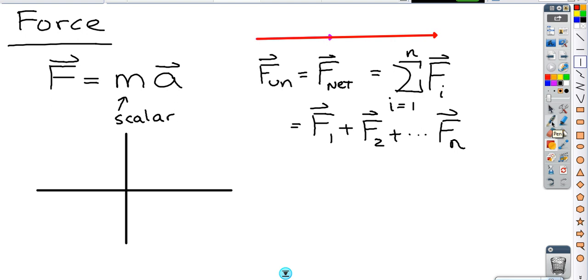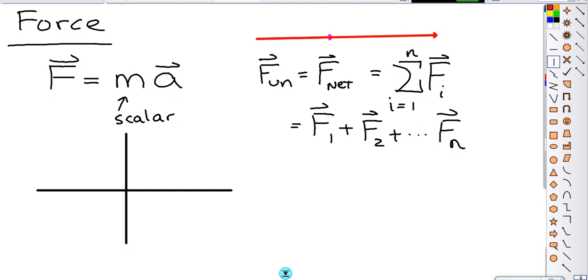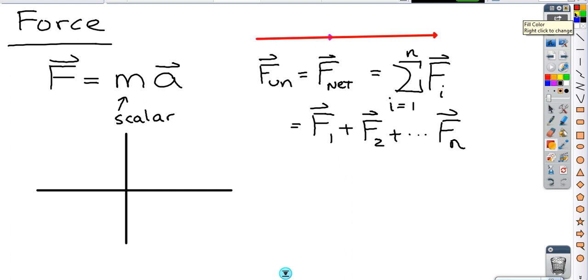Let's see. And we have, let's say we have some gravity here. We got a normal force. We have some tension and maybe a little bit of friction. We want to know what the unbalanced force is. Now, we normally take it to be in separate directions. We look at what the unbalanced force is in the x direction, what the unbalanced force is in the y